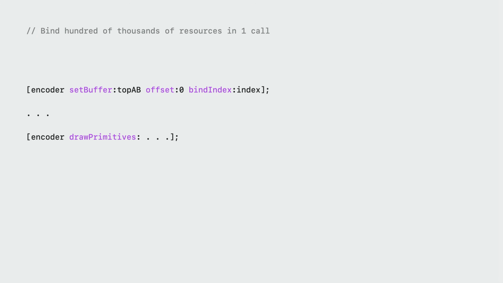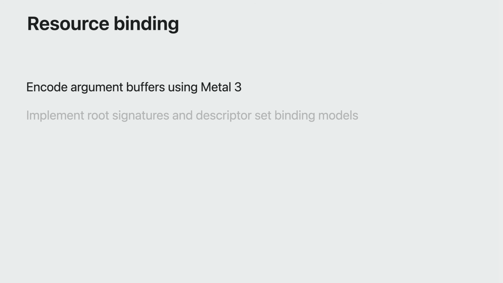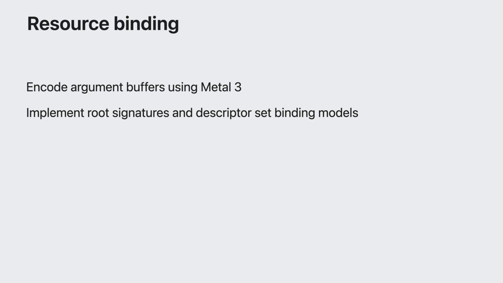Argument buffers are super efficient in Metal 3. Now you can just bind the top-level argument buffer to a shader. This part is done in the render loop, but you can create the descriptor tables and root structures beforehand outside of the render loop. Metal 3 argument buffers provide a flexible, performant way to translate other binding models, including root signatures and descriptor tables.